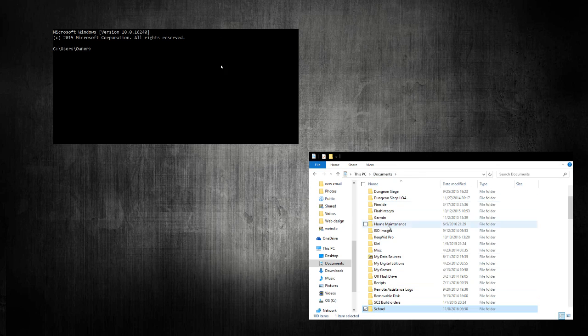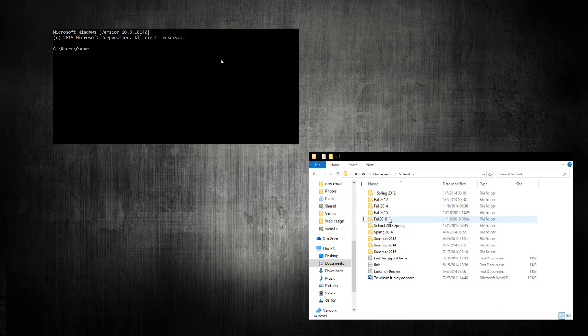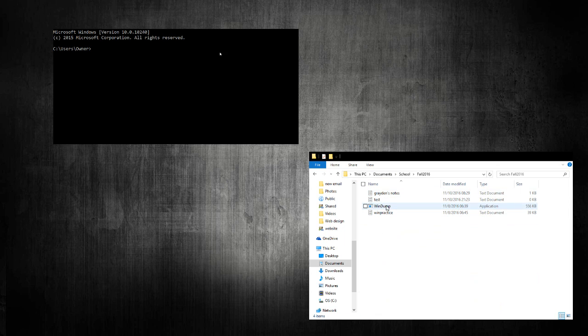So I just have them in documents, and then school, and then fall 2016, and then WinDump and WinPractice, the file that was sent, are both right there together. That makes it a little bit easier. It's not necessary, but it does make it easier. So I would definitely suggest doing that.